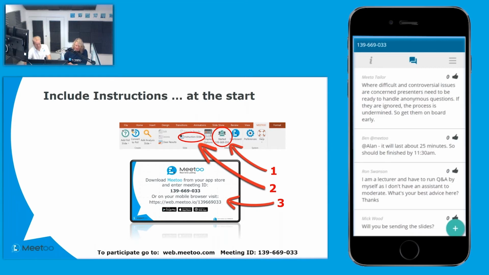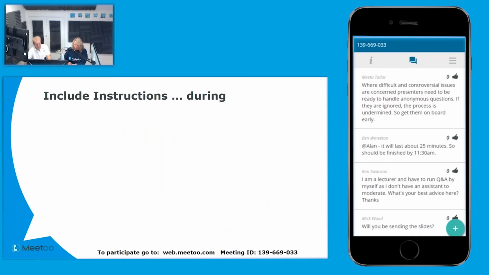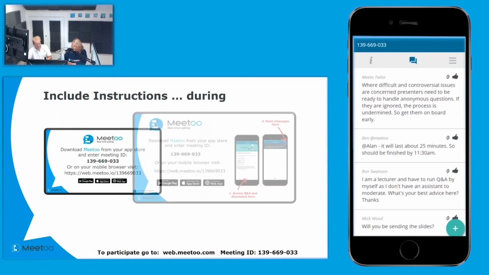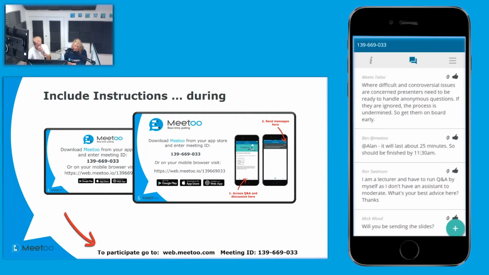So I think, what are we going to look at next? We're going to look at encouragement. So once you have ensured all of your participants have the correct instructions of how to access the app, you do need to encourage people ongoing throughout your session. So you can do that by slides, in-app content, and periodic announcements, just reminding people to send their questions to you along the way and engage